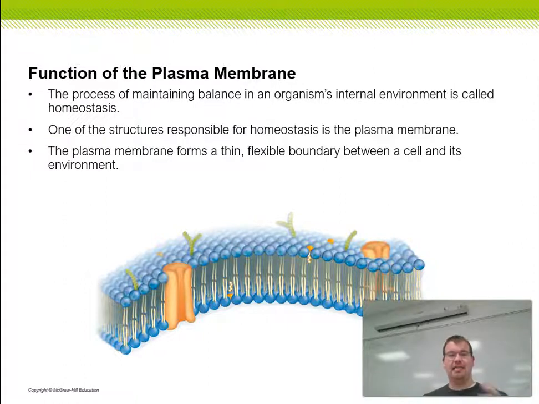The process of maintaining balance in an organism's internal environment is called homeostasis. Pretty much what we're saying is equilibrium. And I know that's still a bigger word, but it's kind of like it's even all the way throughout. It's kind of like whenever